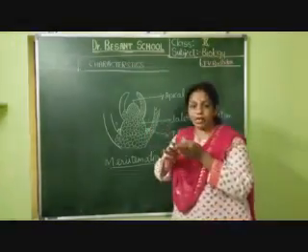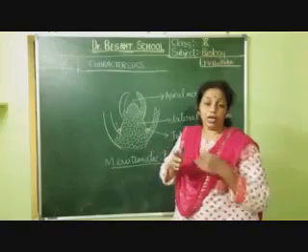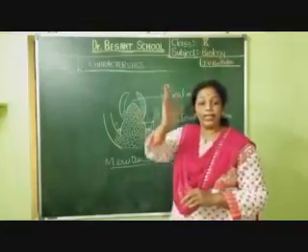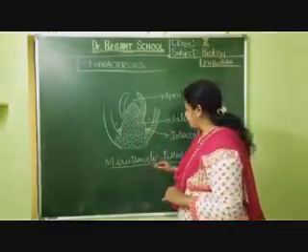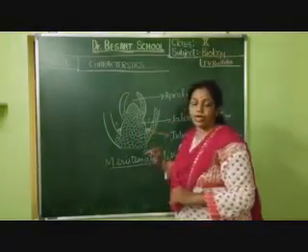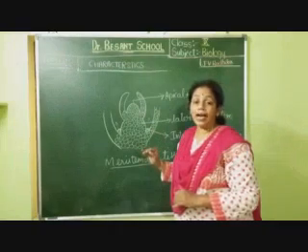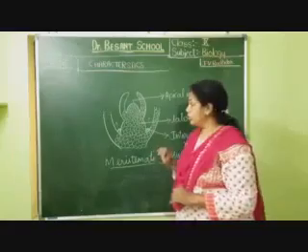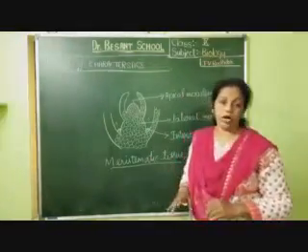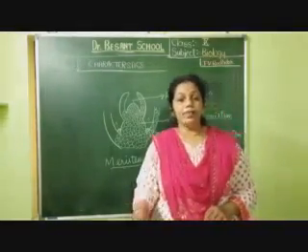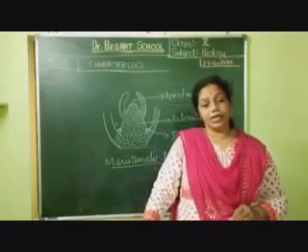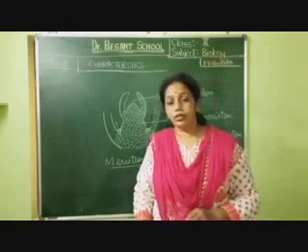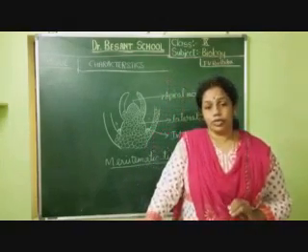The lateral meristem helps in the growth of width or girth of the plant, whereas the apical meristem helps in the growth of length of the plant. So we see that the meristematic tissue helps in the overall growth and repair of the plant parts. Understood children? This diagram you have to draw, and you all have to write the three types of meristematic tissue in your running notes, and please send that picture to me children. Without fail all of you have to do that.